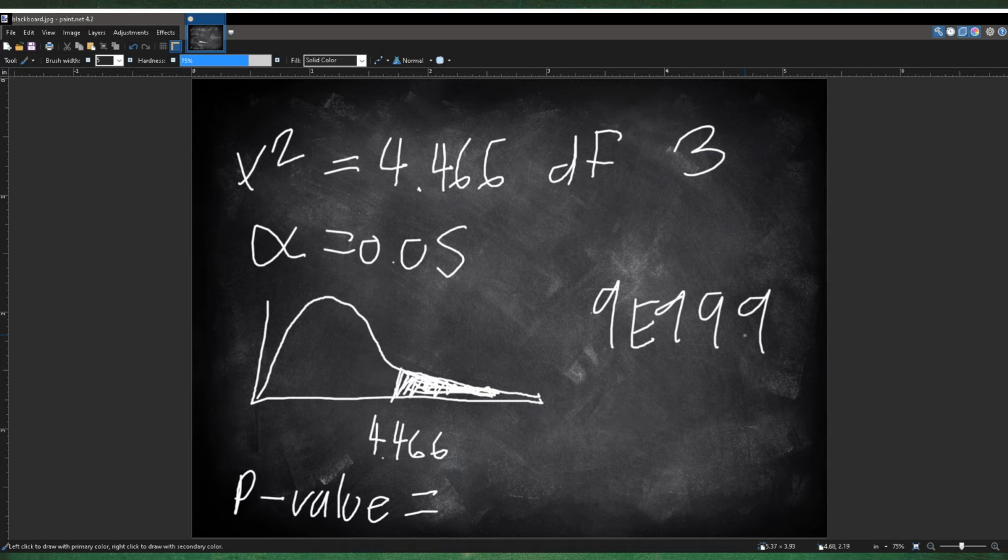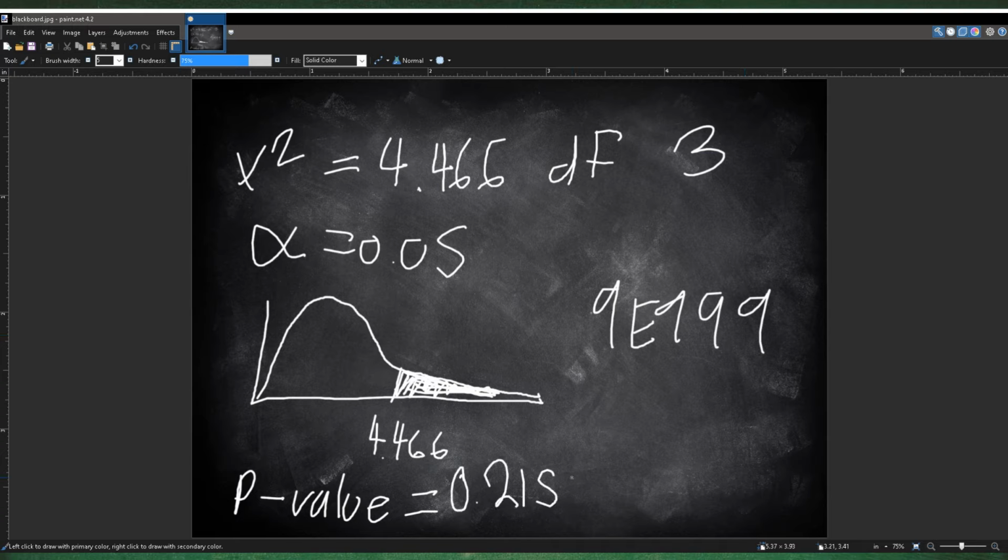Go to the left side of your calculator, go down and you see an EE button, just press that once. That'll give you the E. It's right above the pi symbol. And then you type 999, like three times, to get the 999. That just stands for a really big number. And your degrees of freedom is 3. Okay, and press OK. And you get a p-value of